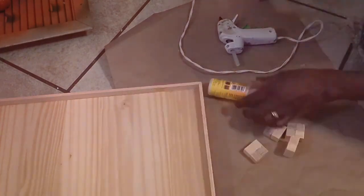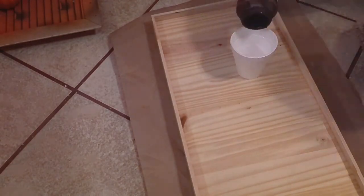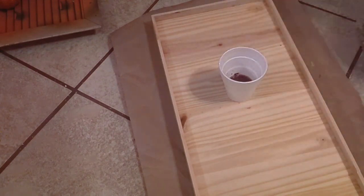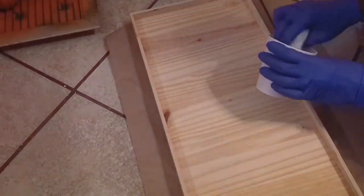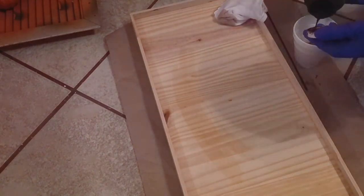So I started off with some water and some Waverly because I didn't want it to be too dark, and then I added a little bit of the white Waverly white paint also, and then I mixed that all together, and I went ahead and started to stain the tray, which I thought was too light, so then I added a little bit more of the antique wax, and